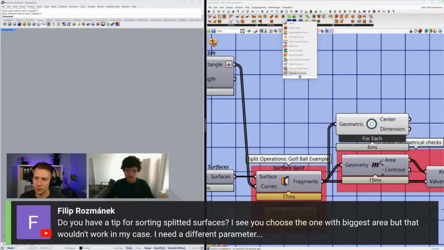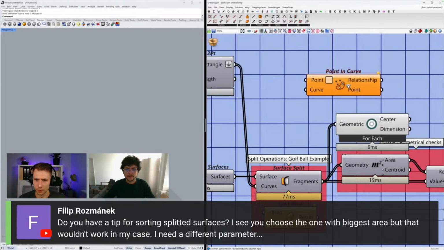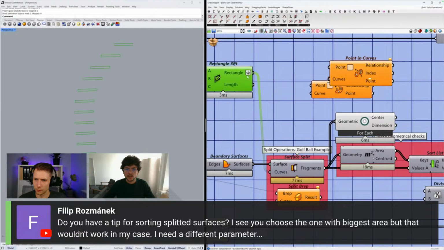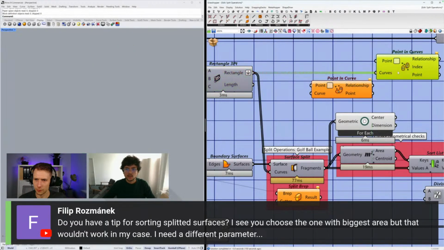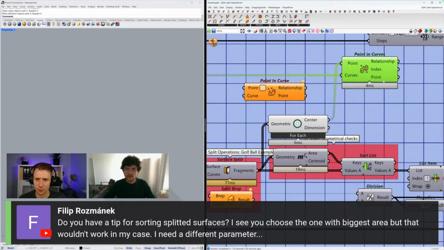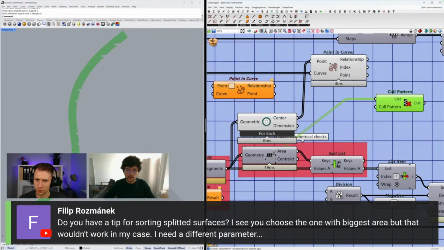But I think this one is region. I know it's curve here. Analysis, point in curve, or even better, point in curves. Because here we're selecting many curves that are the rectangles, and then I want to test if these points are contained in these curves, and then this will tell me the relationship. Whatever I know is inside is what I need to remove, whatever is outside is what I need to keep. So it should happen that if I do this, then this should be even quicker than what I'm doing here. So you see, I even already optimized a bit more here.